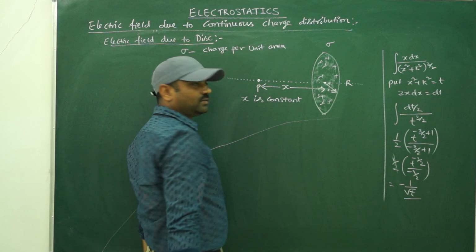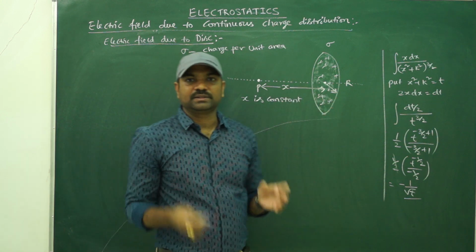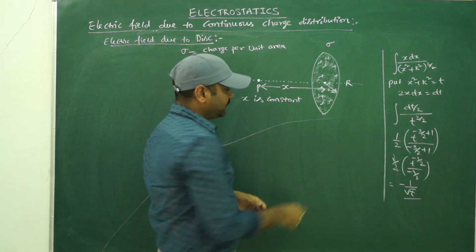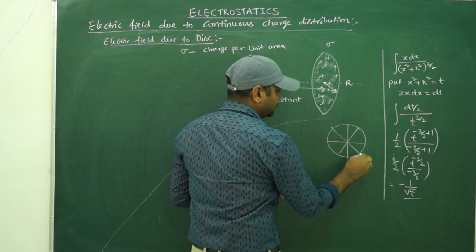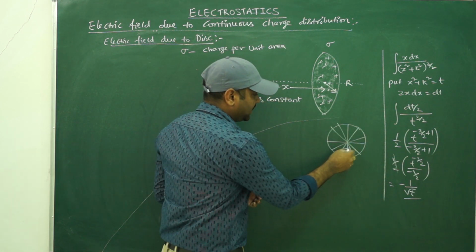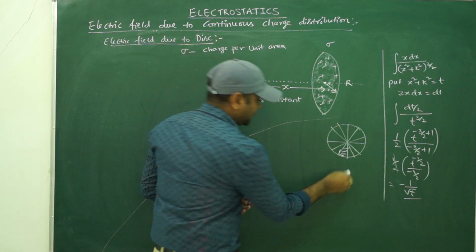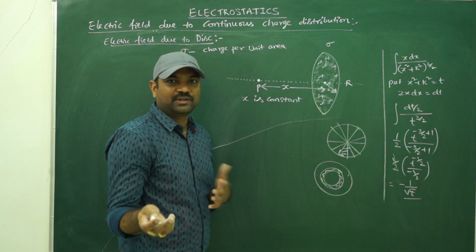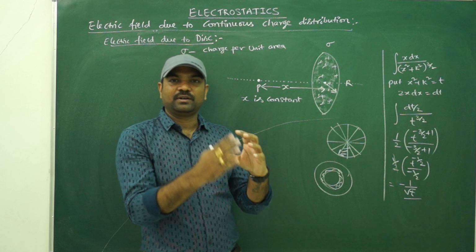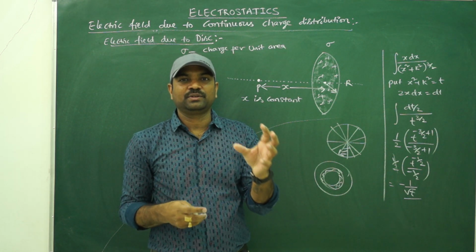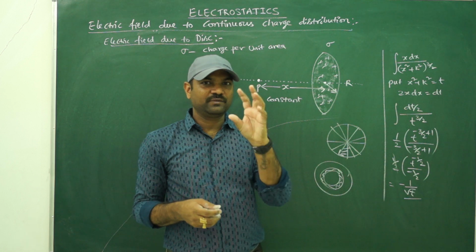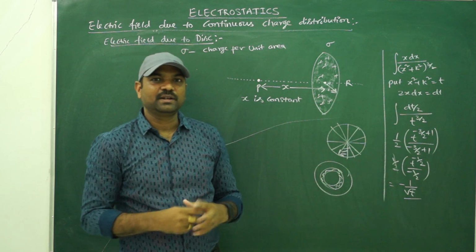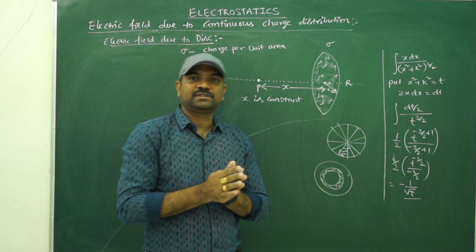Now again, to integrate, what we have to do is take a small part. For a disk, there are two types of small parts. One is called a sector, the other one is a ring. If I take a disk, it can be divided into different sectors, so one small part of the disk can be a sector. The same thing, the disk can be taken as a combination of different rings. The best example I used to give is onion. If you cut the onion, like what you are served in hotels, an onion disk, and push at the center, you will get different rings. So a combination of rings of different radius will give you a disk.